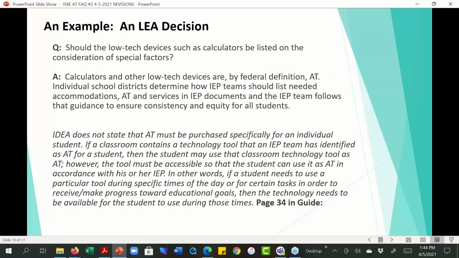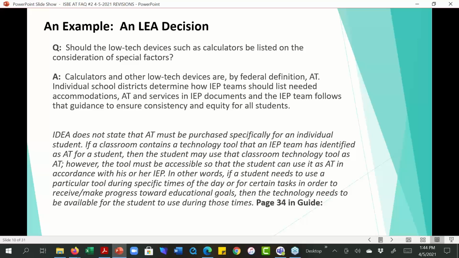Here's an example of a question like that. The question is, should low-tech devices such as calculators be listed on the consideration of special factors? And the answer is that calculators and other low-tech devices are, by federal definition, assistive technology. So they do qualify as assistive technology if you're looking just at the definition.